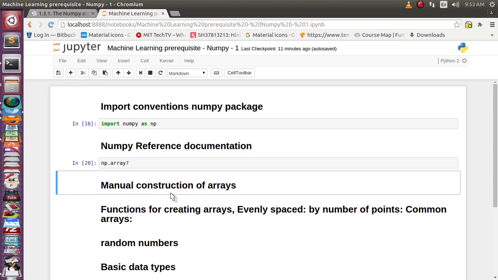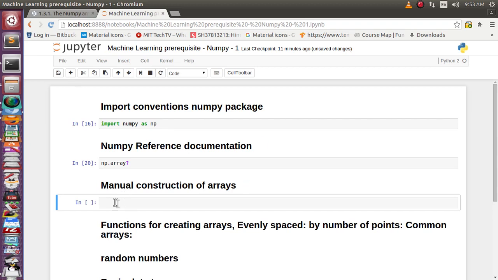So let's see the manual construction of an array, how you can create an array manually. We have just seen one function, array, and you supply the values you want to put inside the array. Suppose 1 2 3 5 7.